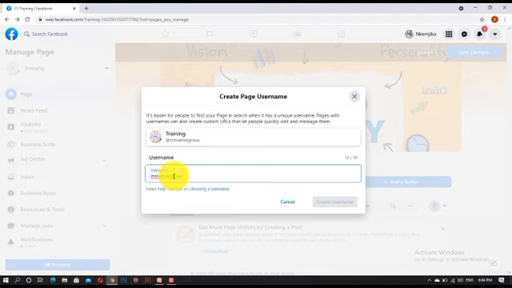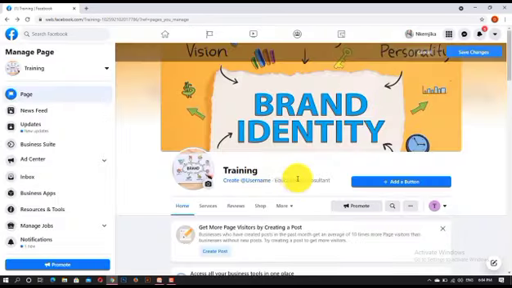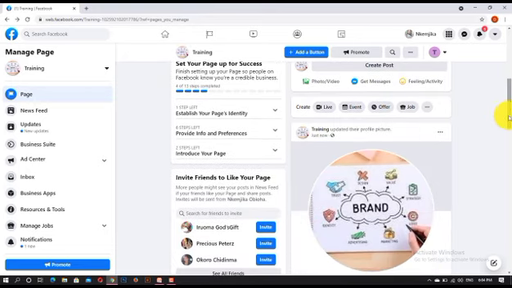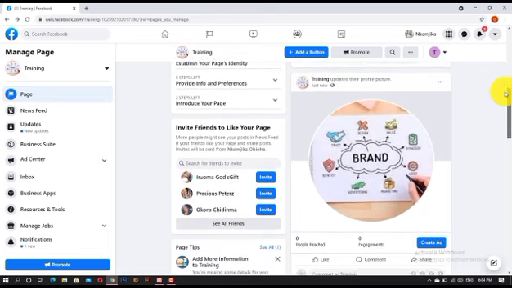Okay, but there is something about this username, because I just created this Facebook page now. I can't do this username, but after like a day I can be able to do the username. So I'm just showing you how you can be able to create your username. Now after creating your username, you see how everywhere looks like. They will tell you one step left, because you're almost done. Now what you need to do is to start inviting